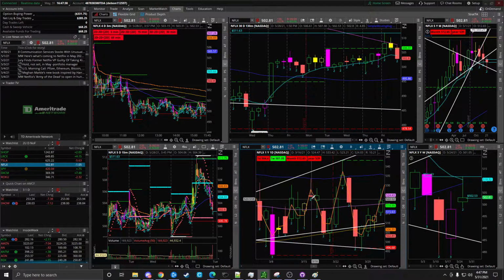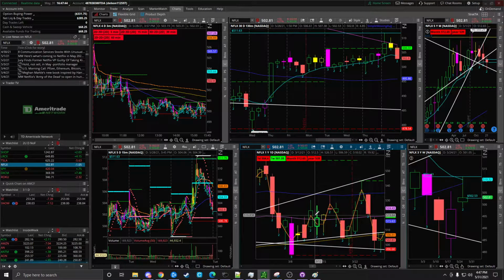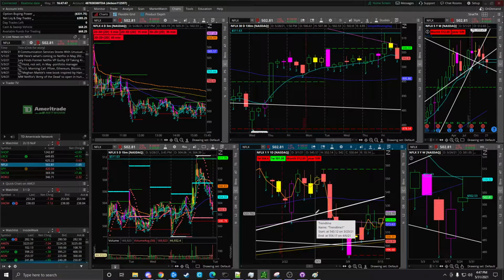I want a red shooter though. Okay, here. Red shooter. Looking good. Take it short right here. Boom. Makes money. You can scroll back through a weekly or a daily or whatever time frame you want to